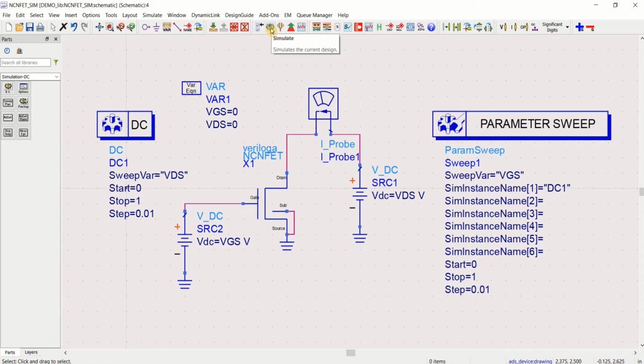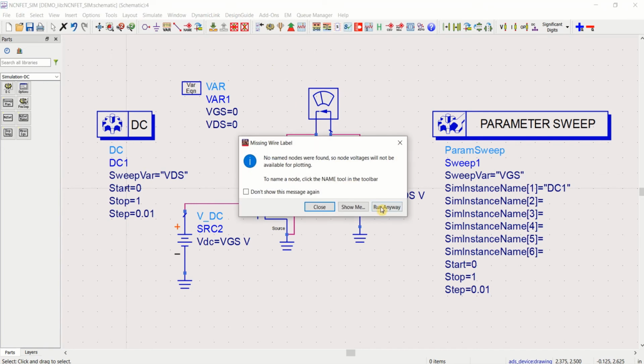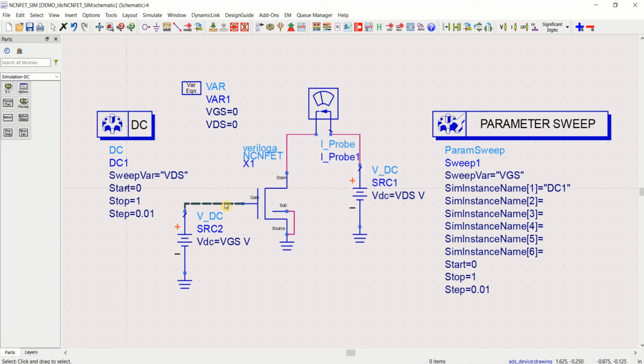Click on this controller, simulate. You can just run it, or I can give the values or assign node names like VGS and IDS if you want. Let me do it. Click on insert wire, insert name. I'll take this as VGS and this one as IDS.